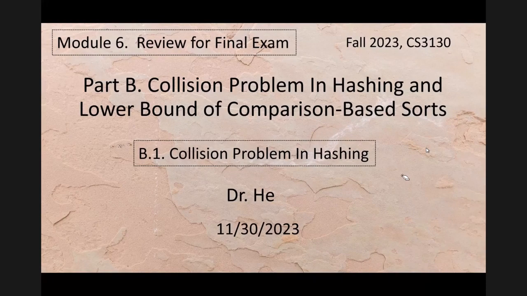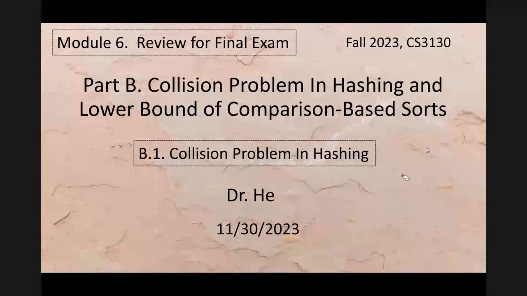Collision problem. Last time, after we discussed two hash function methods, the division method and the multiplication method, we know the multiplication method is better than the division method. Why do we treat it as better? Because when we choose some irrational number as the constant to do multiplication and modular operation, we have a better chance to